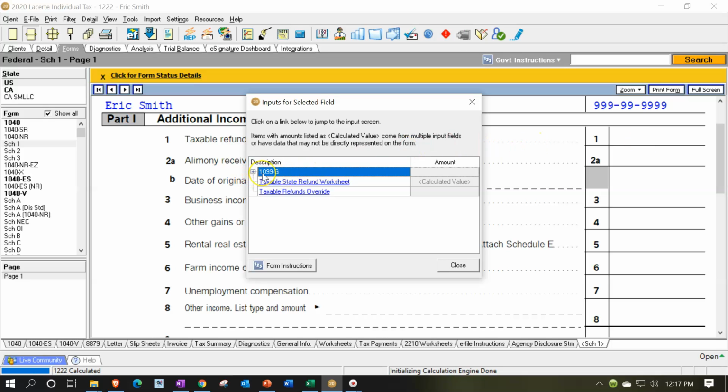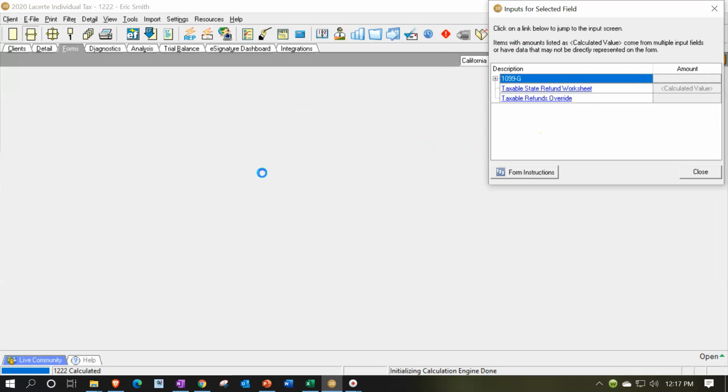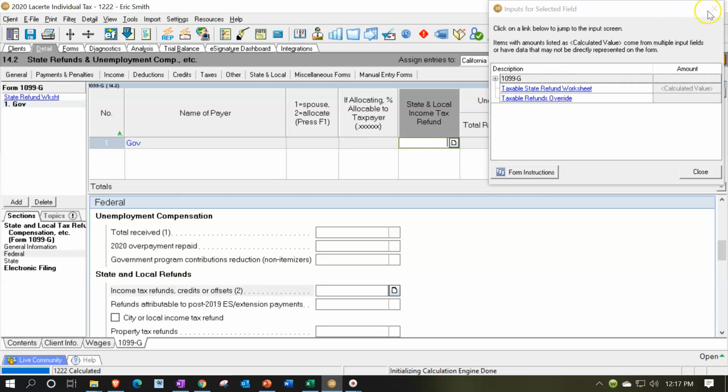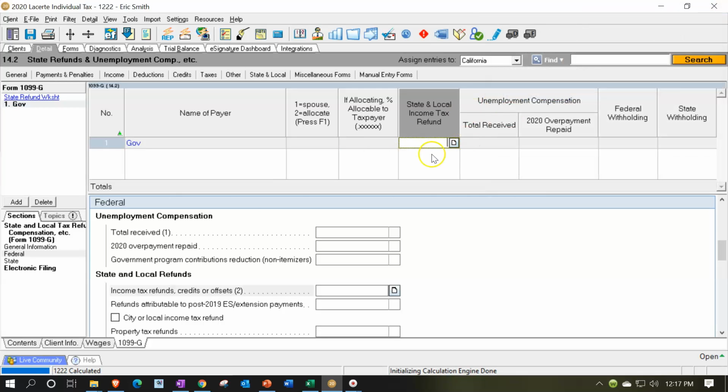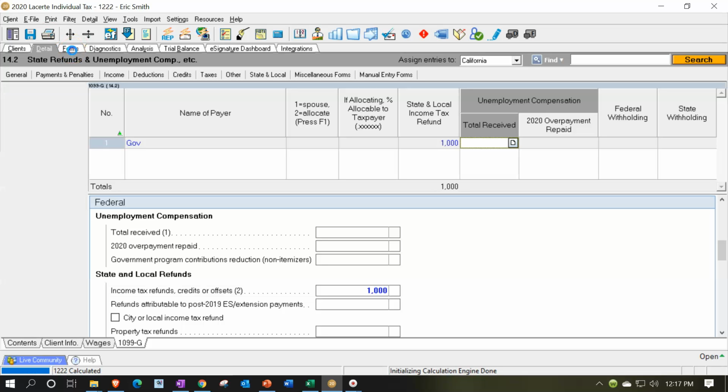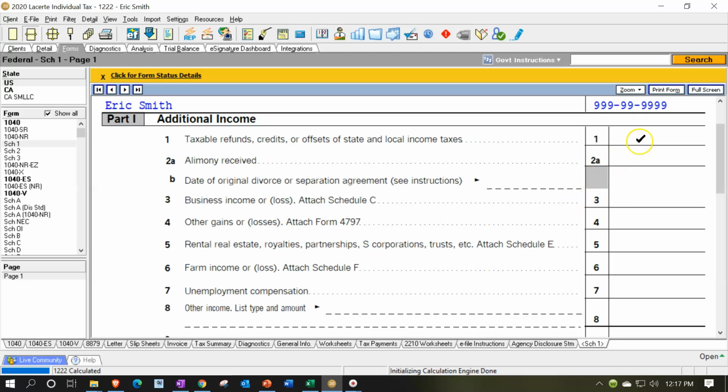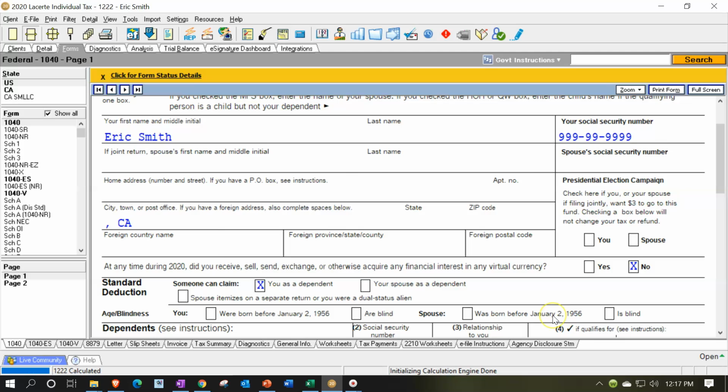There's a schedule. There's a 1099-G. That's the form I'm looking at. Let's put it right there. So I'm going to put it there, and I'm just going to imagine it's going to be 1,000. So a 1,000 refund that was on the 1099-G. We put it right there, and then when I go back over, if I'm just entering the data into the system, I would imagine that 1,000 should appear here. And it doesn't. It didn't appear there, right? And it didn't pull over to page 1 of the 1040.